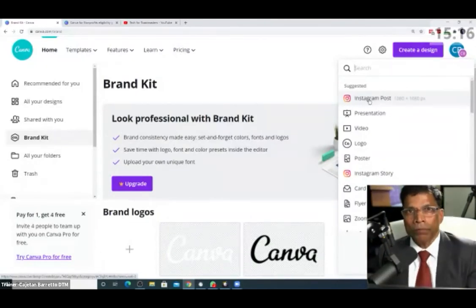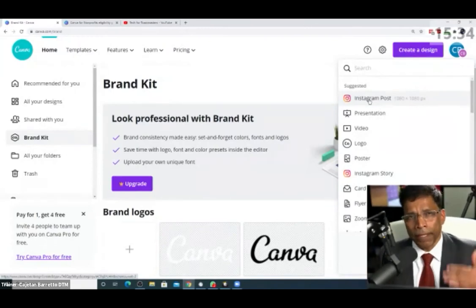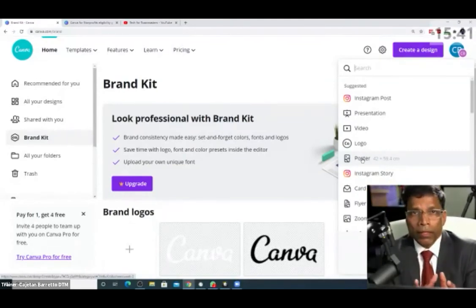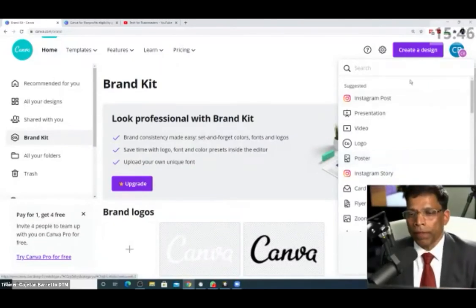And when you create something square, it can be easily posted to Instagram. It can also be easily posted to Facebook and other messaging groups. And what I should say is it has the right dimensions for all of the social media. But if you were creating, let's say, a poster for printing, like A4 size, then you could choose a poster size. So choose the right size for the target that you are creating the poster for. If you're going to post it on social media, then Instagram post is good enough.